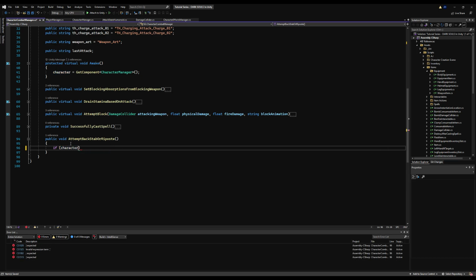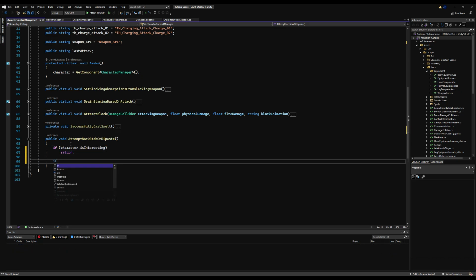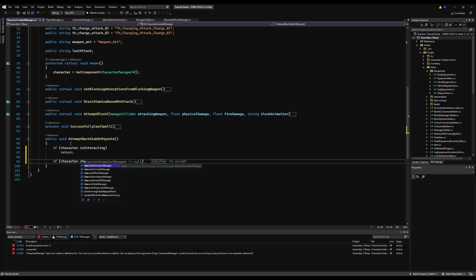So this is quite simple. We need to say if character is interacting, return, obviously, and if the character has no stamina, return. We only want to be able to perform a backstab or riposte if our character has stamina. So I'm going to say if character stats manager current stamina is less than or equal to 0,